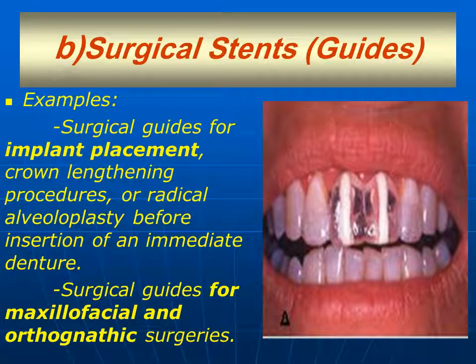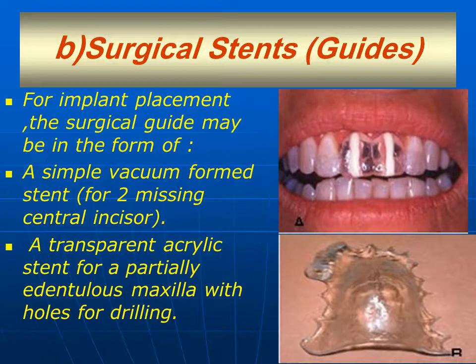Examples of these surgical guides are surgical guides for implant placement, crown lengthening procedure, or radical alveoloplasty, which is made before the insertion of immediate denture. In addition, we can use surgical guides for maxillofacial and orthognathic surgeries. For implant placement, the surgical guide may be in the form of either a simple vacuum stent. This vacuum stent is formed